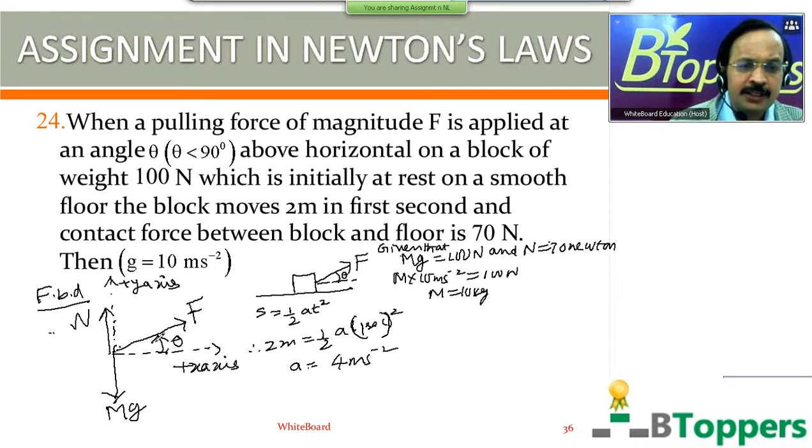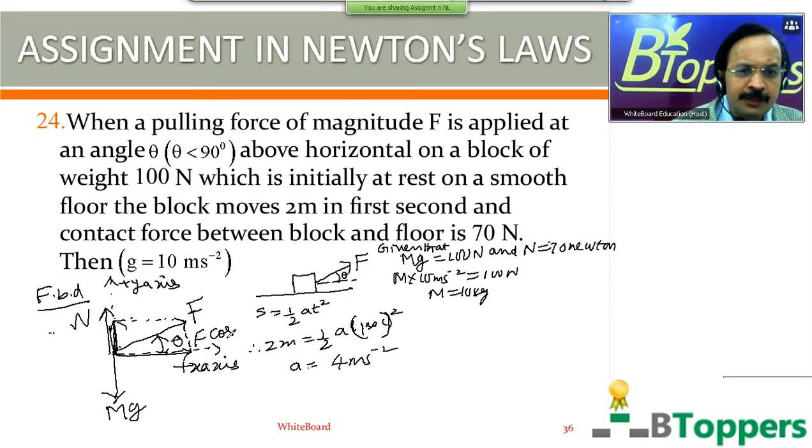The pulling force is inclined to both the x and y-axis, as explained in the free body diagram technique. If one of the external forces on the body is inclined to both axes, we resolve it into two rectangular components parallel to the x and y-axis. So resolve this pulling force into two rectangular components. For that, we can construct a rectangle with adjacent sides along the x and y-axis, so that this pulling force acts along the diagonal of the rectangle.